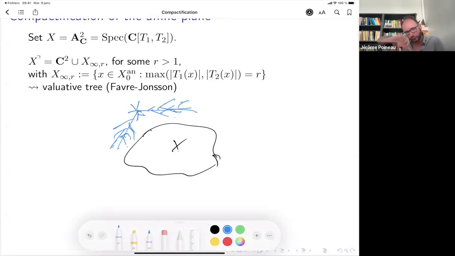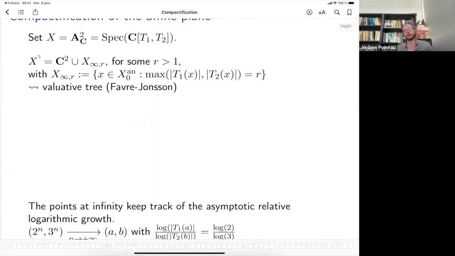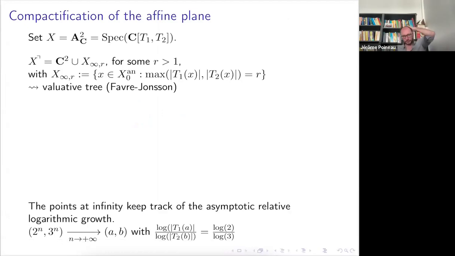And it's interesting to see that you have this natural boundary, and that knows about some properties of your spaces. And for instance, the points at infinity, I mean, I said that the complex part was dense in the whole space, so you can go towards the point at infinity, but maybe in different directions. And what I want to point out is that the points at infinity do somehow keep track of the asymptotic relative logarithmic growth.